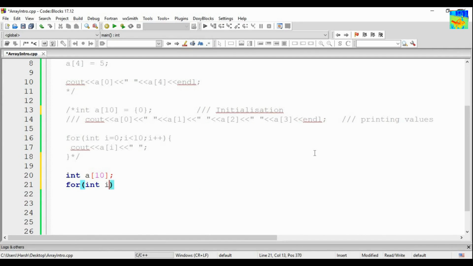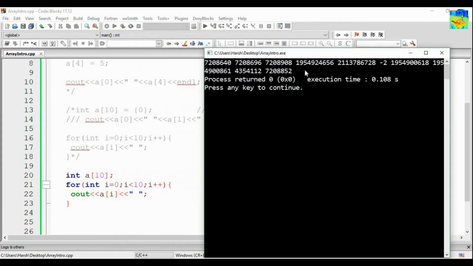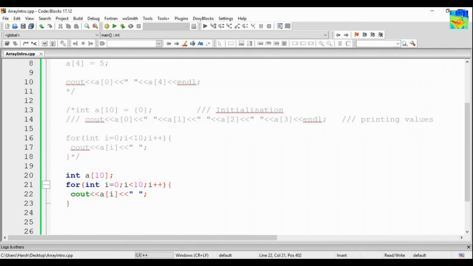For int i equals 0, i less than 10, i plus plus, cout a of i. So what will be my output? Any guesses? Any idea what will be my output? So let's see. So 10 values are getting printed, and all these 10 values are garbage values.